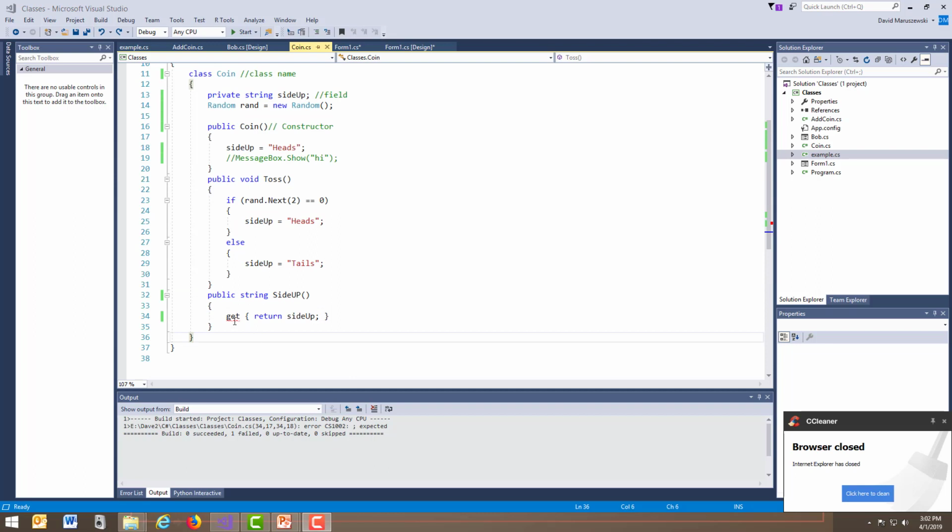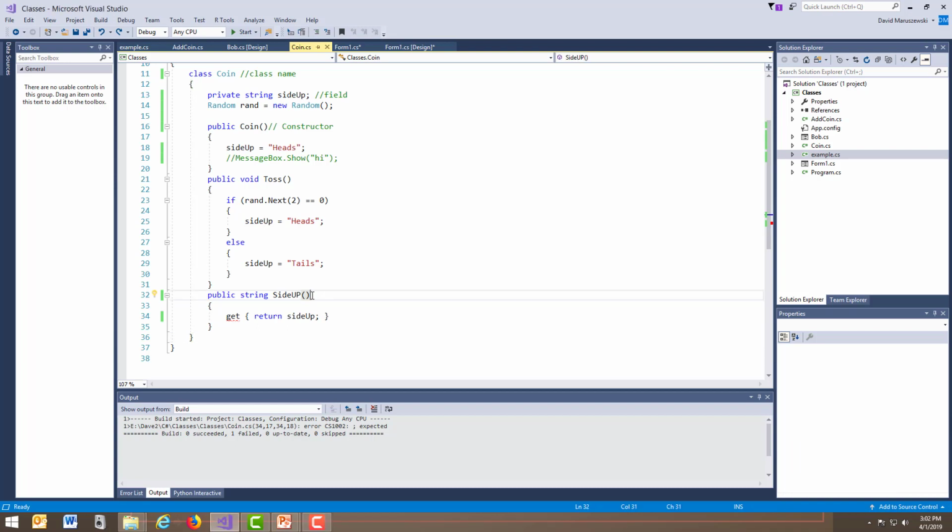Now, if you notice under the get, you'll see a squiggly line. That is because it looks like we have a scope inside a scope, which is a method, but this is not a true method. This is a property set. So what you want to do here is take out those parentheses, and now side up will work. And some people are like, well, this seems like a lot of work just to get to a recognized standard. And yeah, I guess that's true, but it does have some good pieces to it,